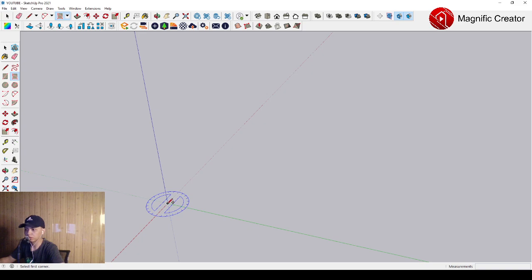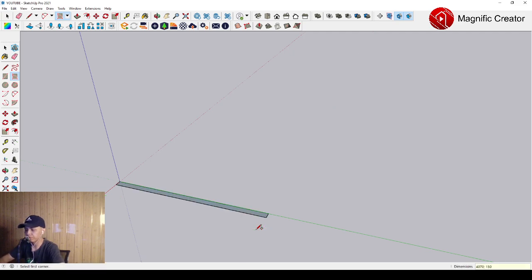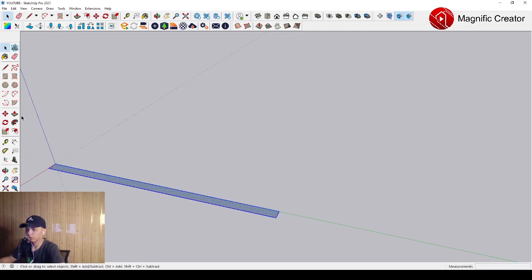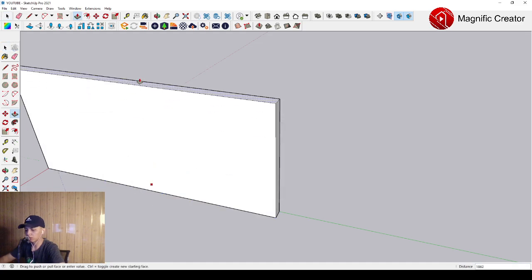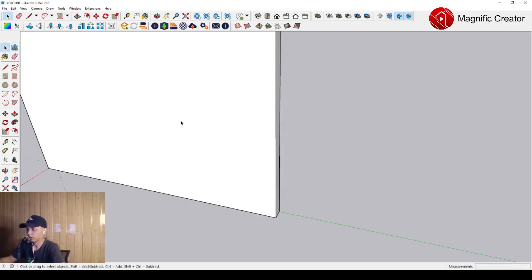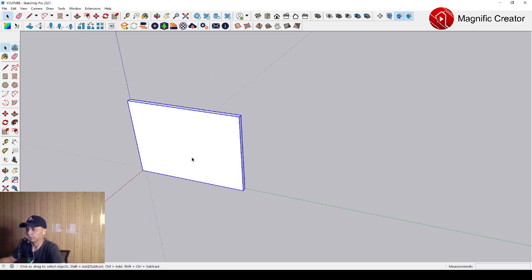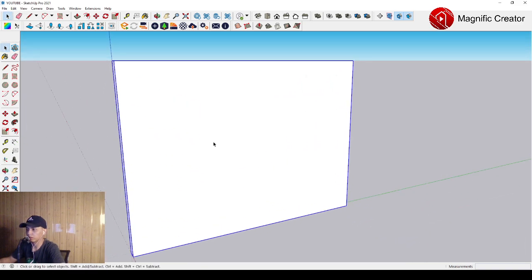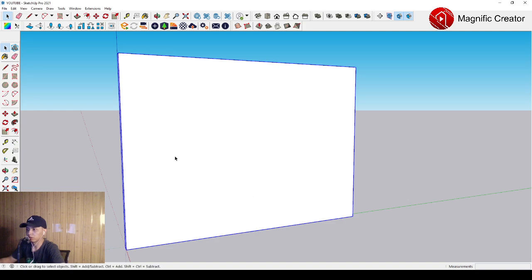Then we can click and drag and aim the pointer to the other side. Maybe for the right side we can set the length around 3 meters approximately, and then we can set the thickness around 150 millimeters. Okay, and then we can push it up around 3 meters only. Okay, so we can just make it a group anyway, and then we can make the spirited drawer itself in this